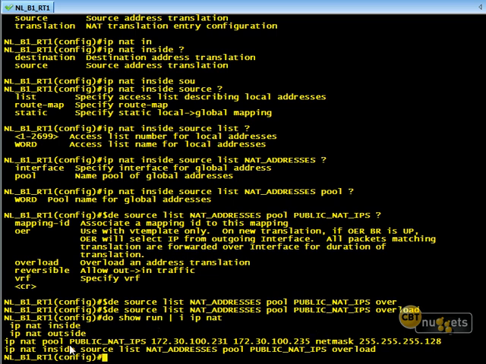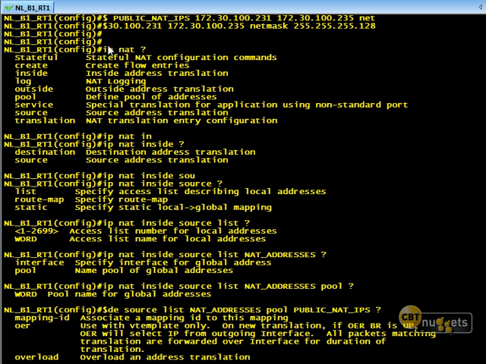Now let's break down the syntax. When I do IP NAT, you saw when I was using the question mark, I have a lot of options. Inside, outside, upside down, the source translations. I can do a static translation that we can put in there. So there's a lot of options. Now you can do, for instance, outside to in translation. A lot of people go that way, but